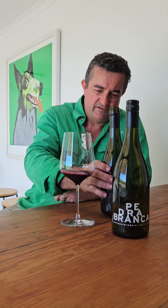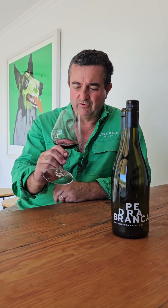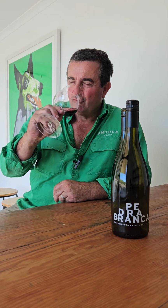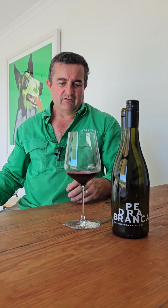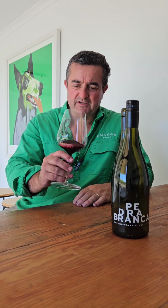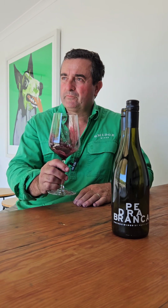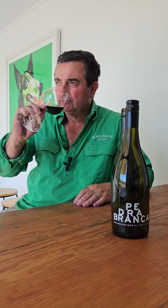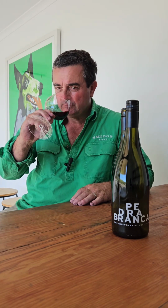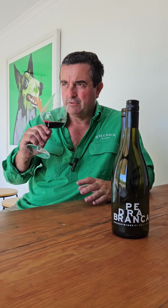It's a lovely, vibrant, dark core with a lovely sort of magenta rim, and really lifted on the nose. There's some lovely red and blue and purple fruits. There's sort of plumminess, there's some spice and some subtle floral notes as well. There's some subtle savoury little notes, little earthiness behind it. So really complex and inviting. It's quite rich on the nose, but